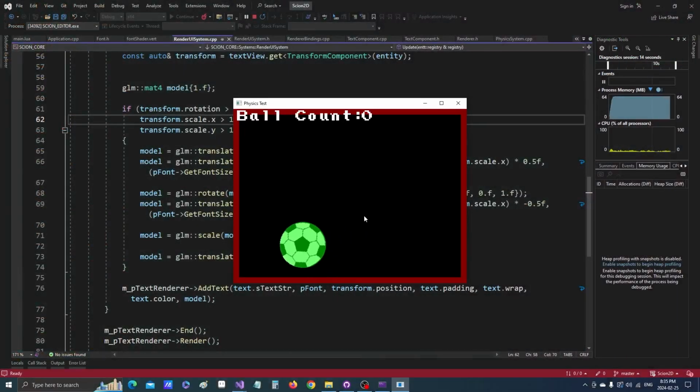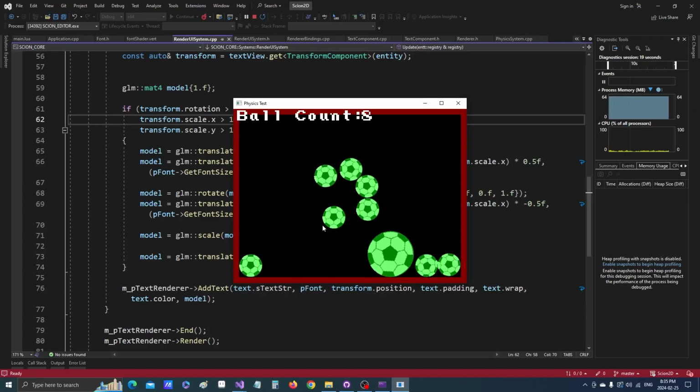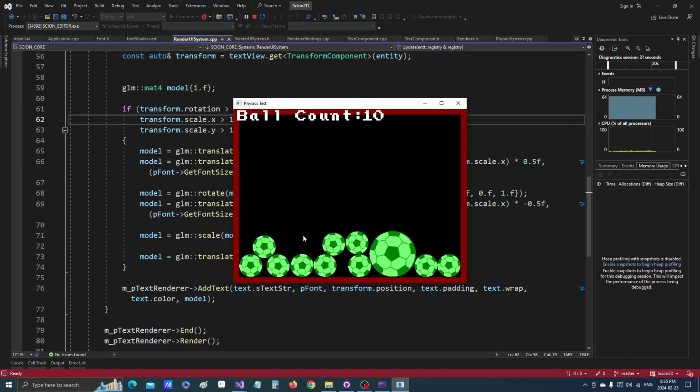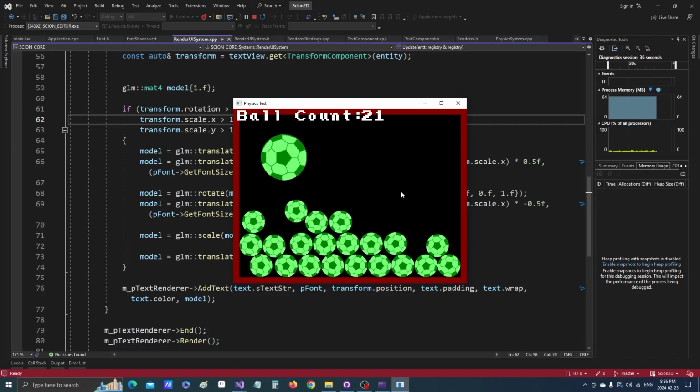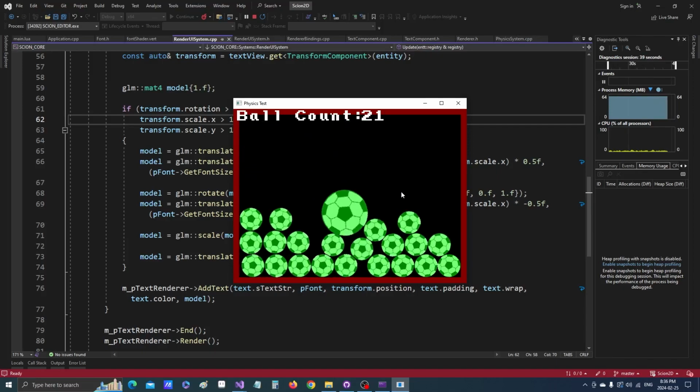Right, welcome back everybody. So in the last video, we added in the text components and being able to do the render text system. So that's actually using the components and entities to render the text for us. So I left you guys with a challenge to create a follow cam if you could, and we're going to